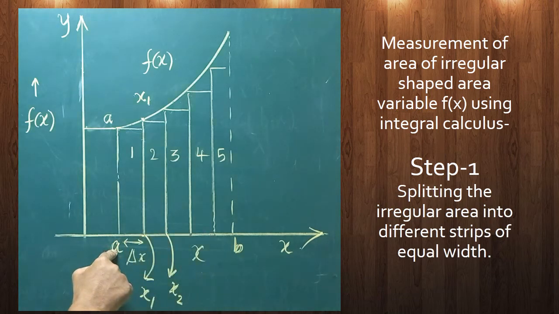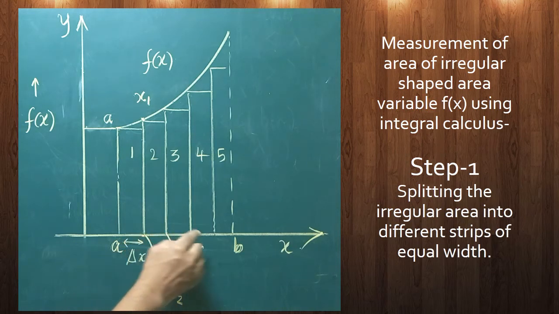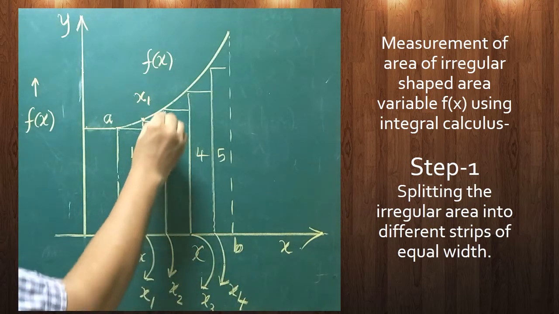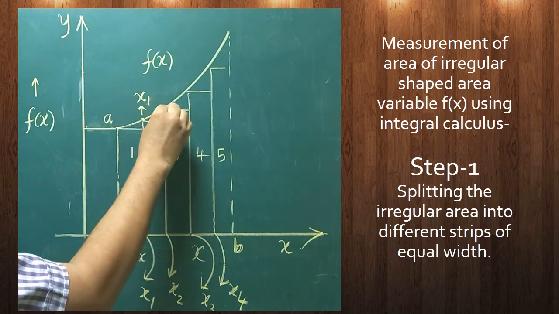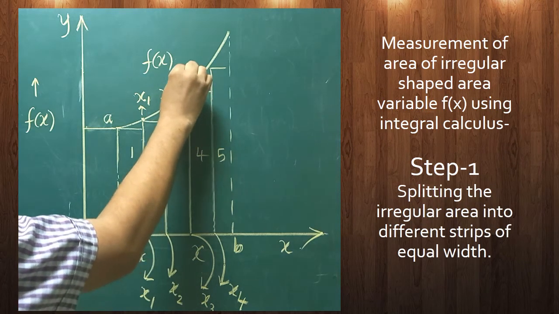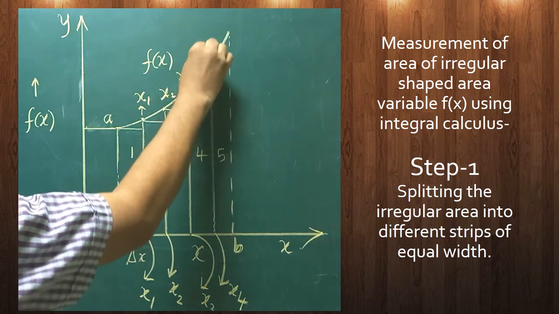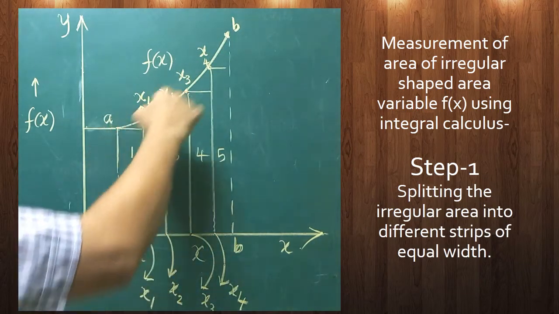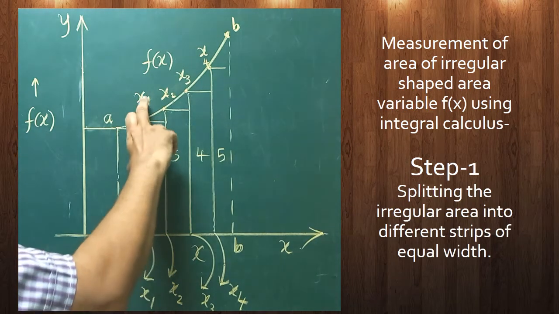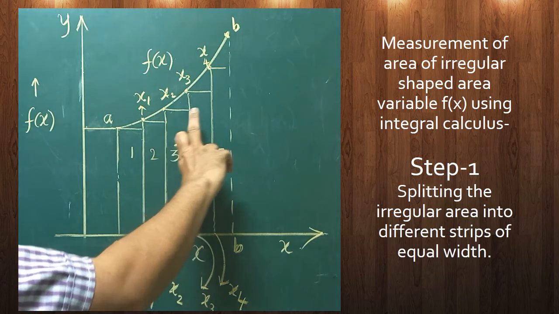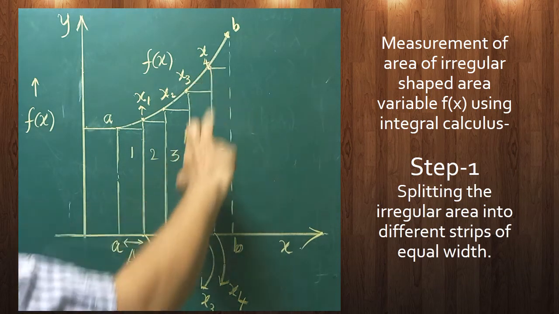This is A, the origin point. This one can be taken as x1, this is x2, and this one can be taken as x3. Are you clear? This one can be taken as x4. Could you understand? Therefore, this point can be written as x2. This point can be written as x3. This point can be taken as x4. And this point can be taken as b. It's clear. Why have we written all those things? Just to measure the height of this portion. Height of this portion is a, height of this portion is x1, height of this portion is x2, height of this portion is x3, height of this portion is x4.